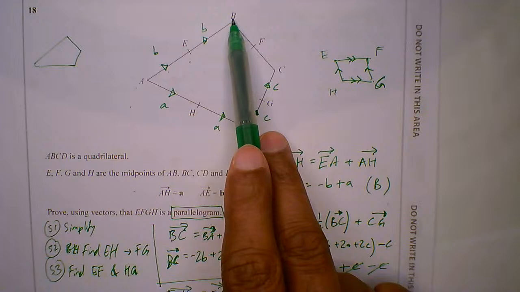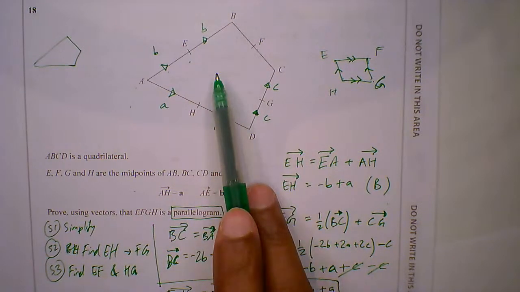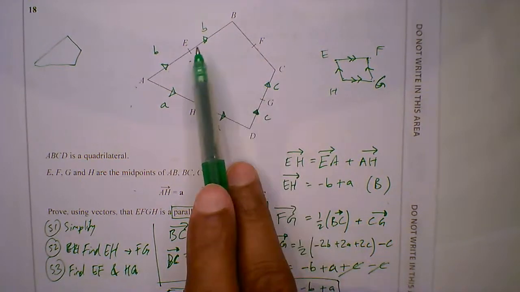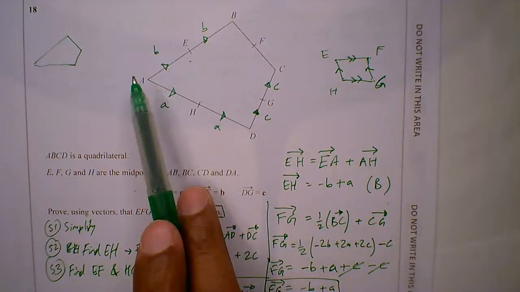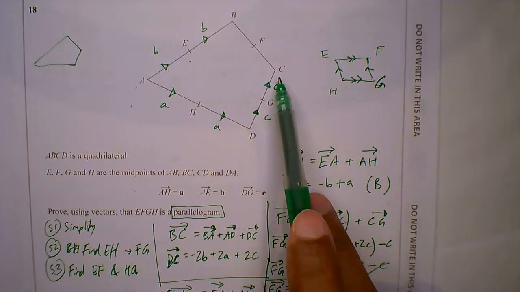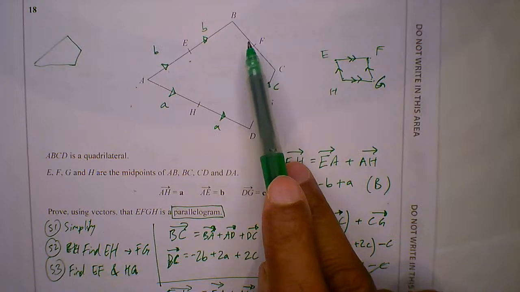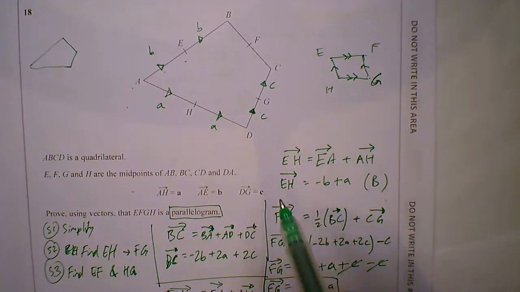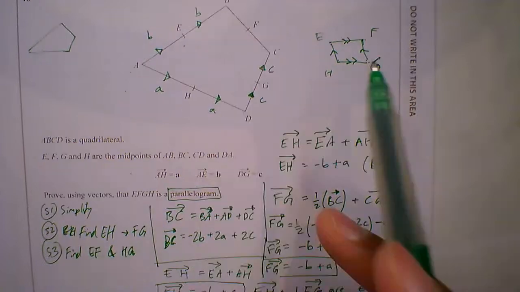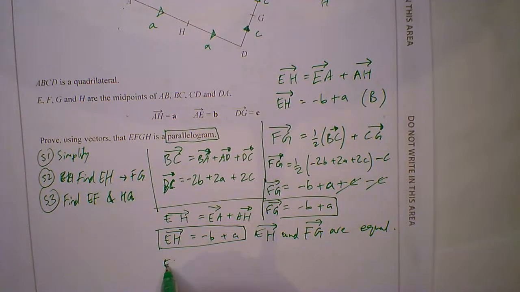So if I'm going from B to C minus that bit, that's one way. Or the other way could be I'm going this, and then that. So E to A to C, and then that little bit, half BC. So you could do it two ways. So the way I'm going to do it is I'm going to say E to F equals